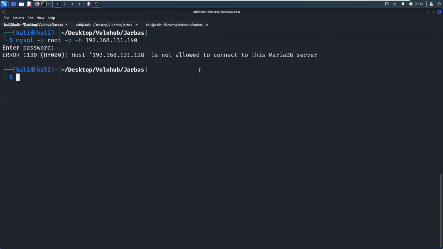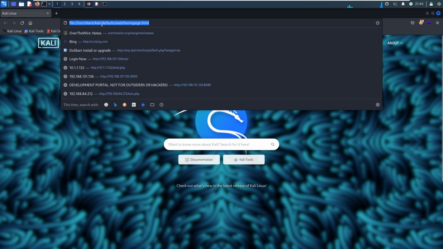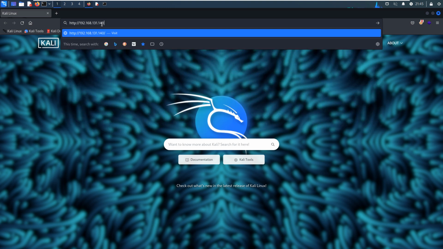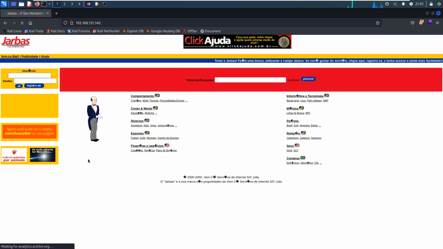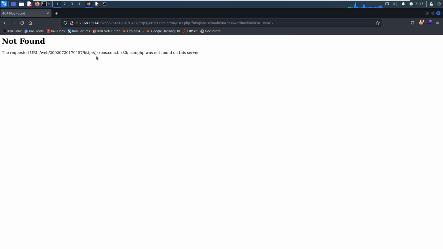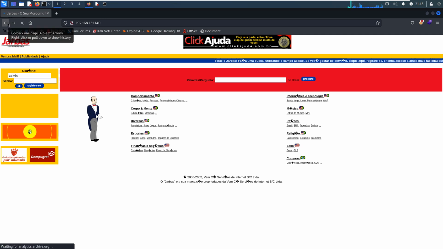So I think it's very clear what we shall do next. We need to enumerate the web application both manually and automatically. Let's fire up the browser, and we can put the IP address of the target into the address bar. And we got the site back. Although this is not in English, I guess this would be the user login form. We can put admin and admin as username and password and click OK. But we got an error. So maybe this is not the right direction for us.